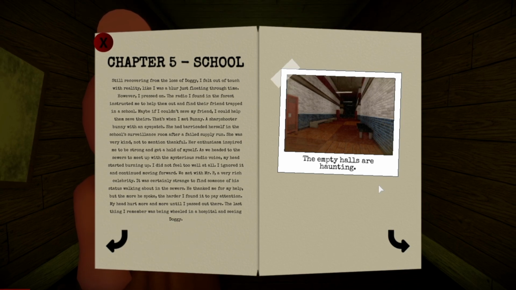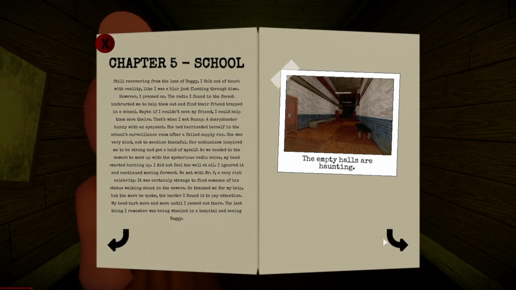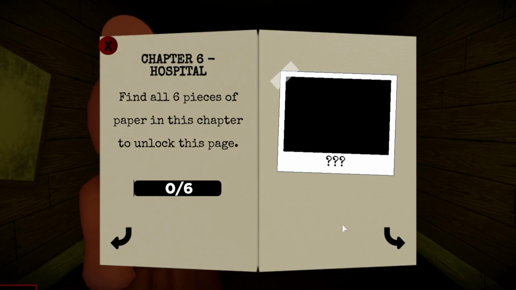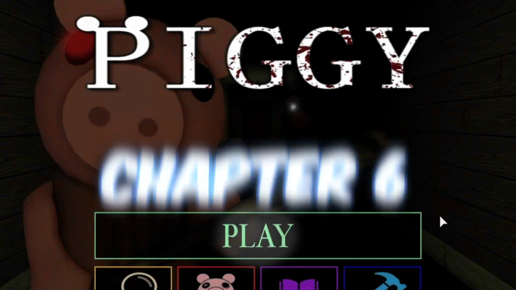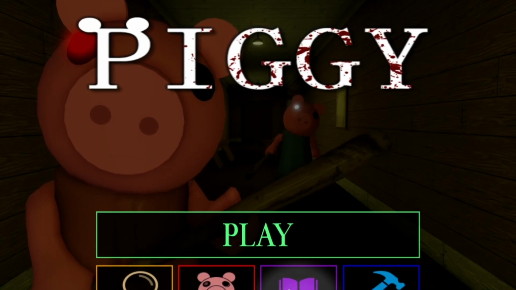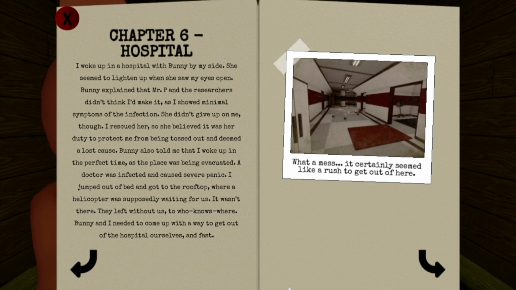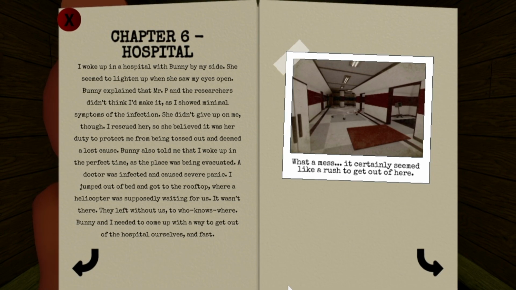Now that's pretty intense, guys. Let me know what you think of the chapter 5 school note, but with that being said, guys, we're heading on over to the chapter 6 hospital to figure out another journal entry. Okay guys, not gonna lie, chapter 6 hospital took me a few times because I couldn't find the notes, but we officially got it done, and it says,